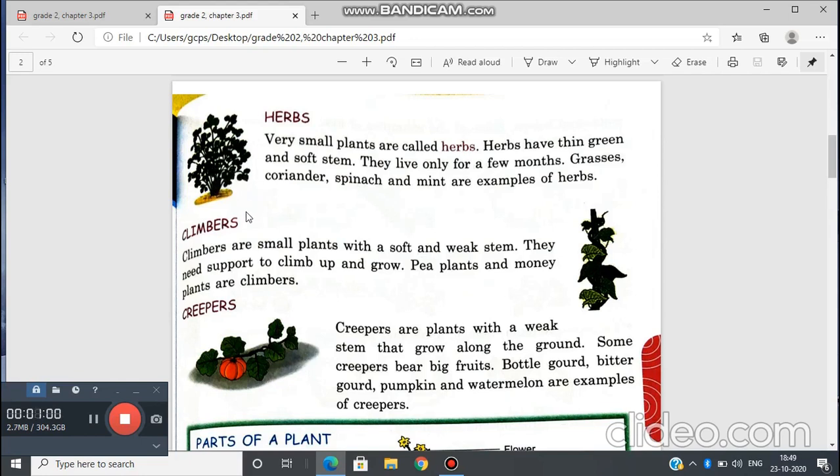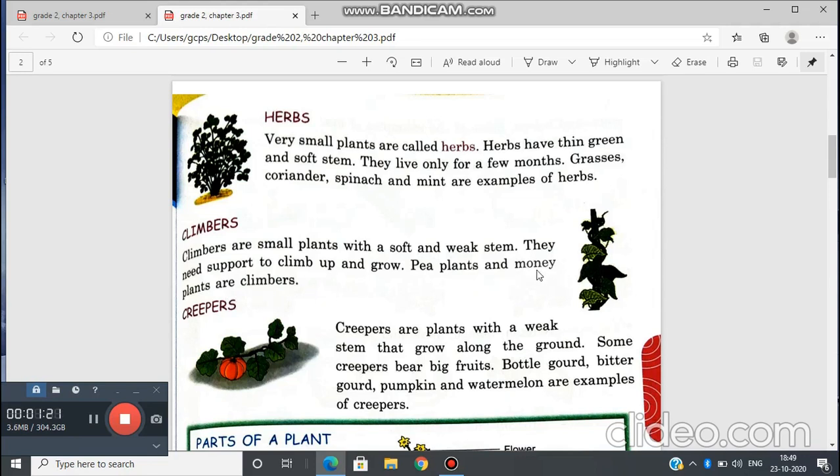Yes. Next is climbers. Climbers are small plants with a soft and weak stem. They need support to climb up and grow. Pea plants and money plants are climbers.